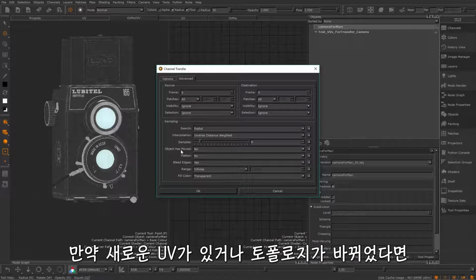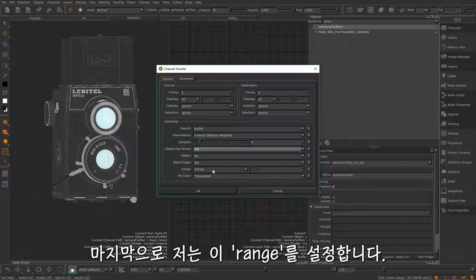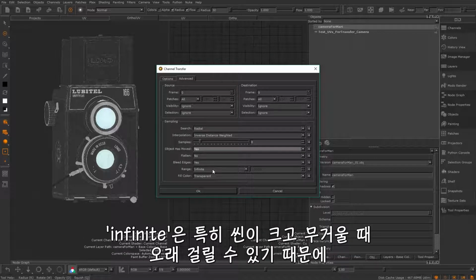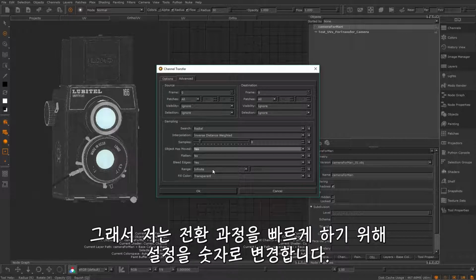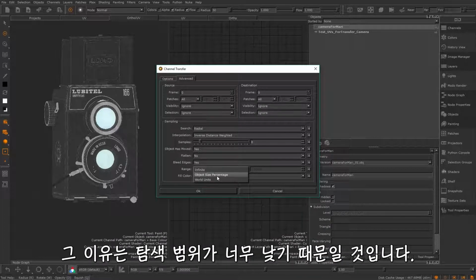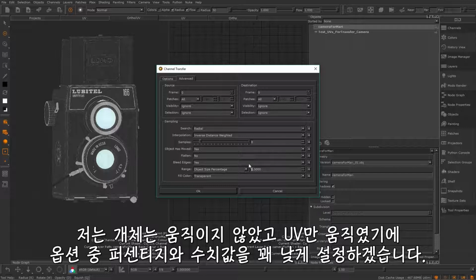If you have new UVs or the topology has changed, then you should change object has moved to yes from no. Finally, the last one I play with is range. This is how far Mari will search for the new object to transfer to. Infinite can take a long time, especially if you have a big or heavy scene, so I often tweak this to a number that speeds up the transfer process for me. Or on the other hand, I've had it before when the transfer doesn't seem to have worked properly, and that could be because your search range is too low. So you can either set this to object size percentage or real world units. I'm going to set it to percentage and leave it quite low as I know the geometry hasn't moved, just